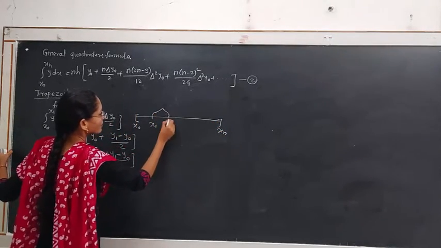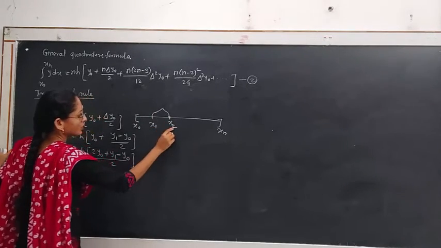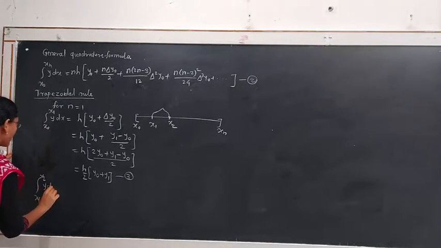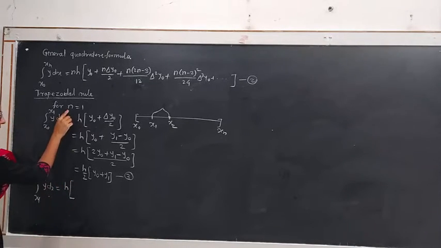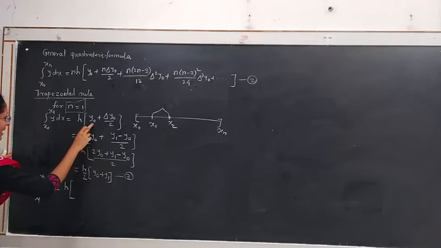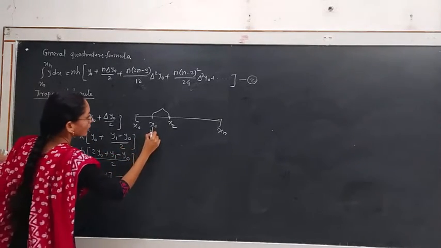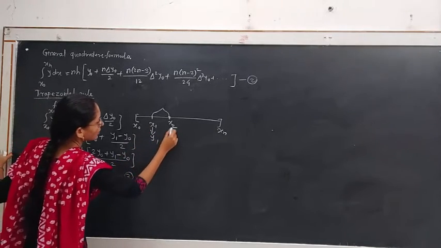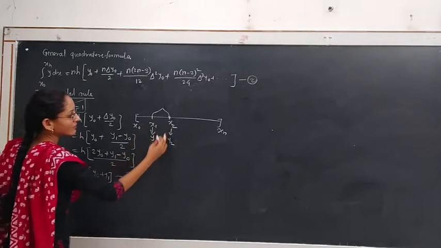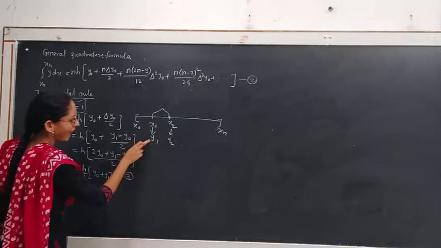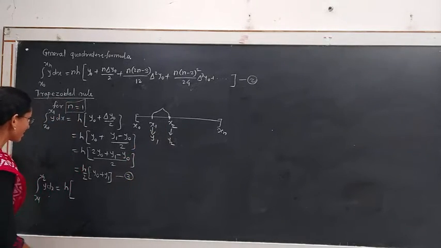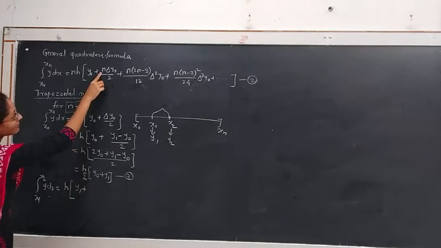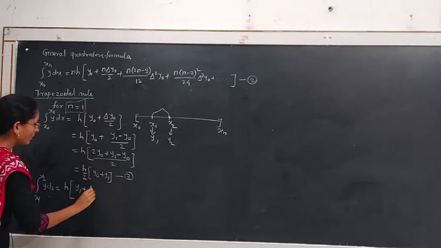If we integrate over this sub-interval, x1 to x2, then we obtain integration from x1 to x2 y dx is equal to h, which is the same because n value is fixed, this value is 1, into, instead of y0, the value corresponding to x1 will be y1, because y of x1 is y1 and y of x2 is y2, or we can also substitute these values x1 and x2 in the function f of x. f of x1 is y1, f of x2 is y2. Hence,